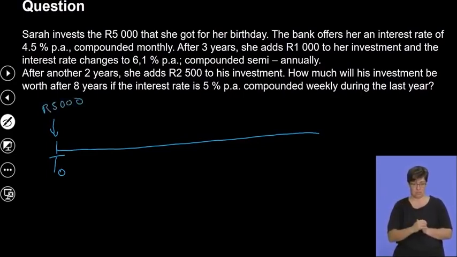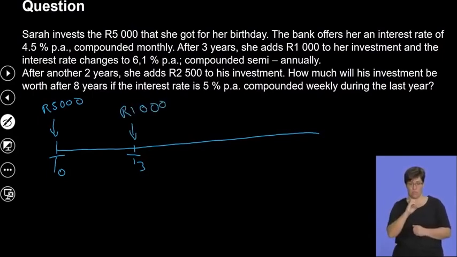Then the bank offered her that interest rate, but after 3 years, meaning at T3, she continued to add another amount to her bank account, which was 8,000 rand. And this interest rate then became 6.1%,